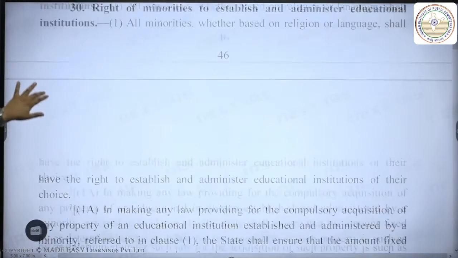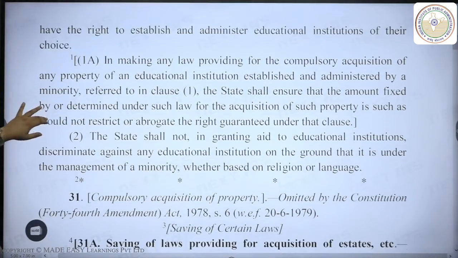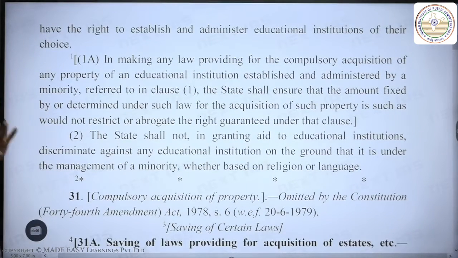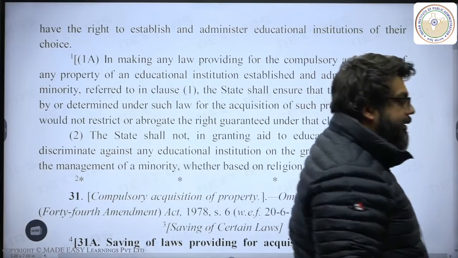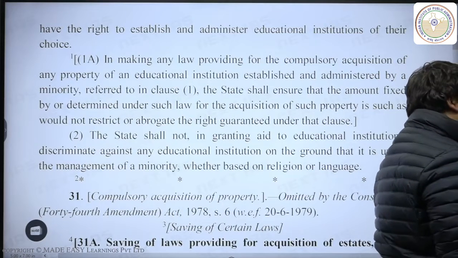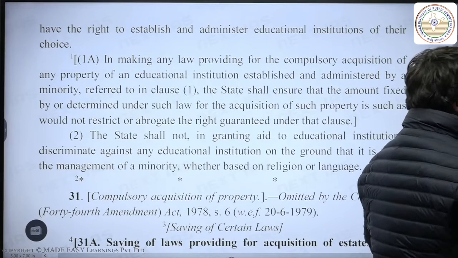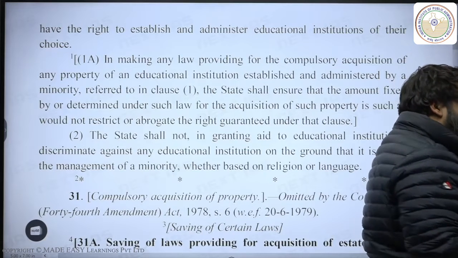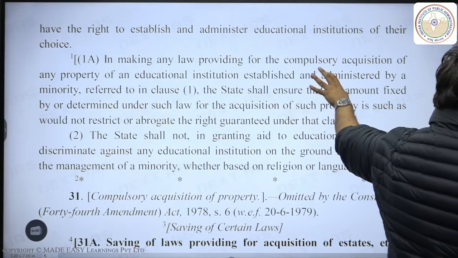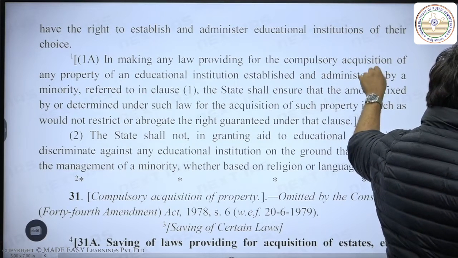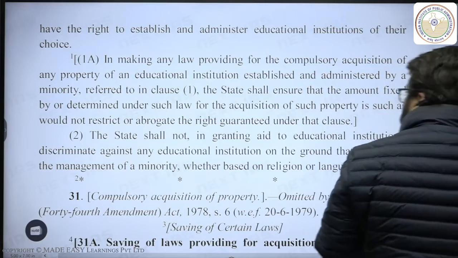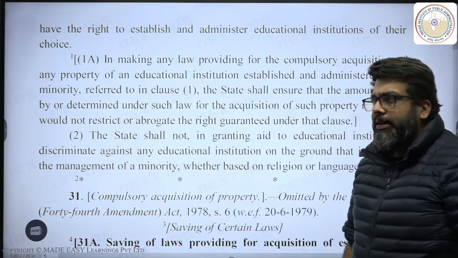But if you compare the discrimination variable here in Article 30 Clause 2, it explains how it is on the basis of just religion and language, because Article 30 primarily deals with religion and language. Okay, so that is something that we must be able to get right. That is something that we will be able to sort out in the larger system that we have today. Right? So these are your Articles 29 and 30.